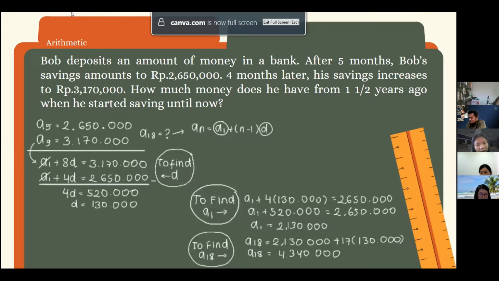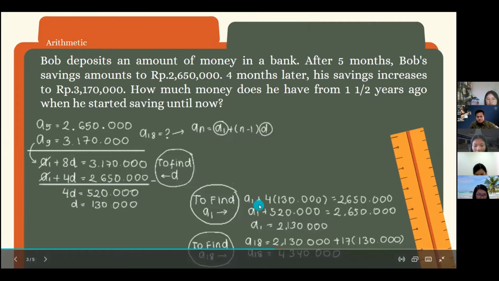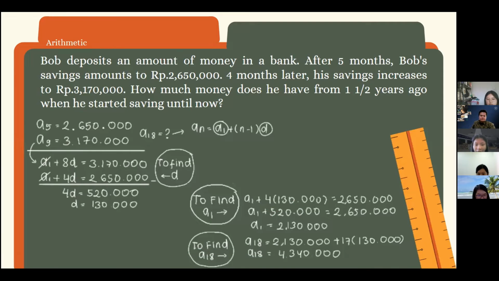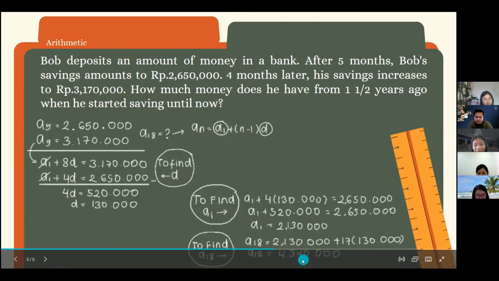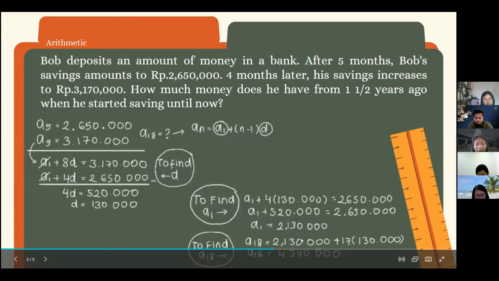The question actually asks about A18, but to find A18, first we need to find A1. To find A1, we could use A1 plus 8D or A1 plus 4D, but here we will use A1 plus 4D equals 2,650,000. We put the common difference inside: A1 plus 4 times 130,000 equals 2,650,000 rupiah. 4 times 130,000 becomes 520,000 rupiah, and after doing the balance method, we get that A1 is